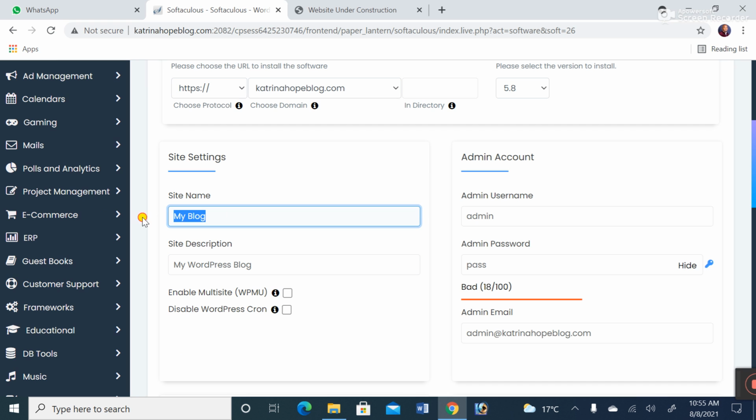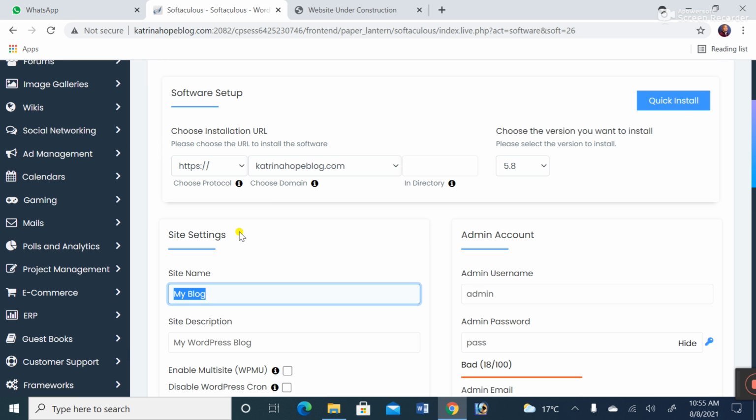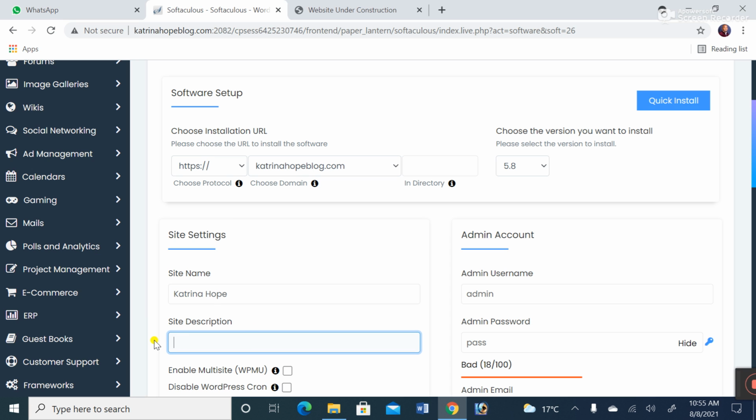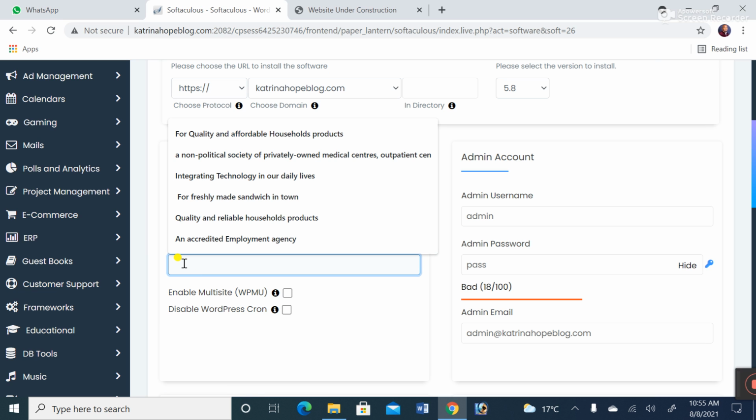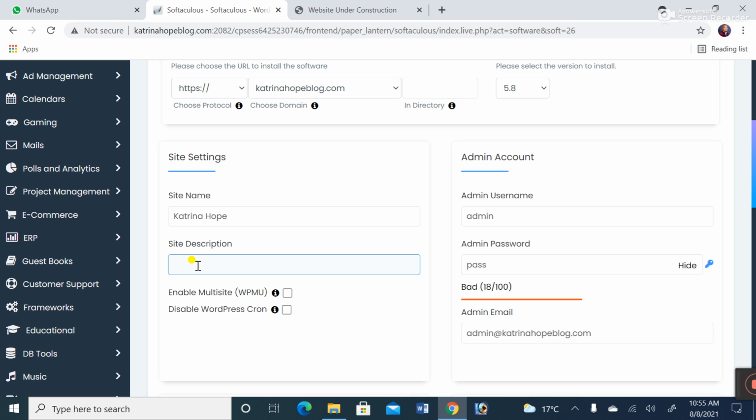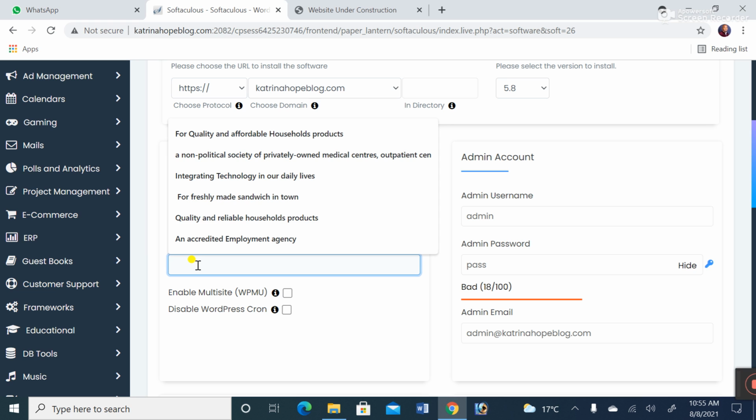Now the site name here, this is the name of the site. So my site name is called Katrina Hope. Good. And what is my site description? It is supposed to be one or two sentences describing what your website is all about. So maybe I can say that the owner of this website is giving hope to people affected by cancer. So I'm going to say giving hope